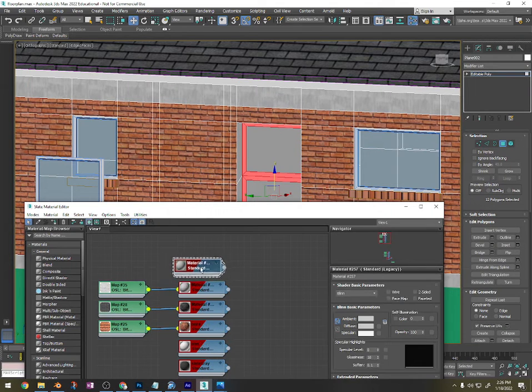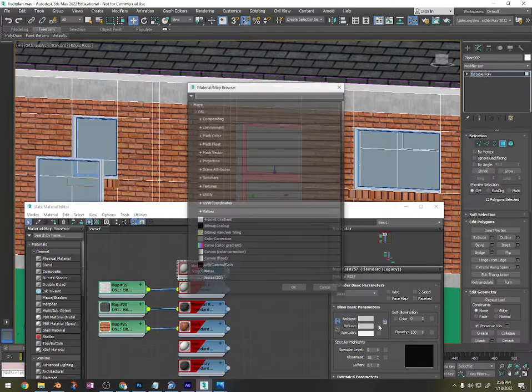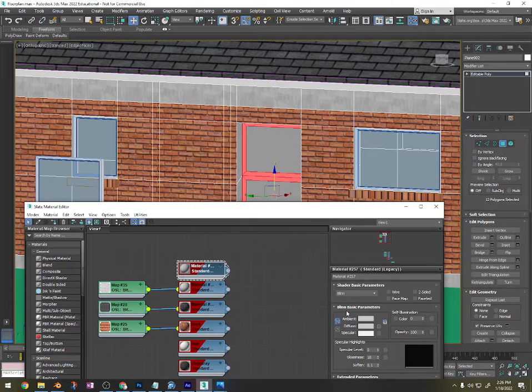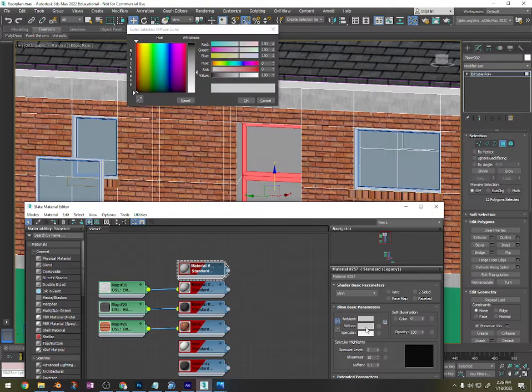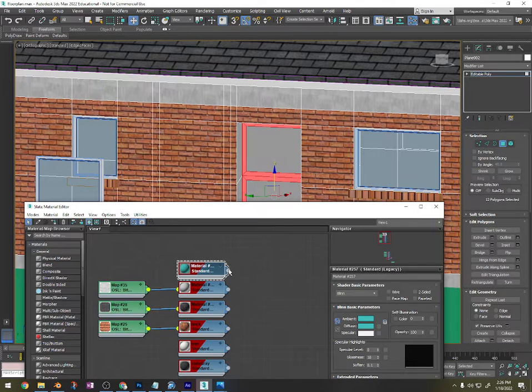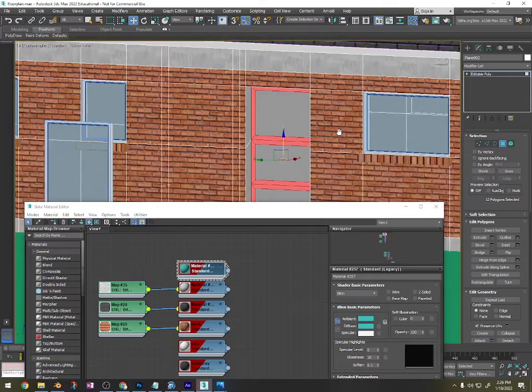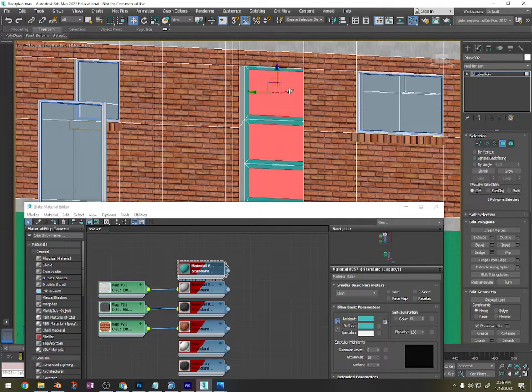Again, this is a good way to get experience, a little practice creating materials, which we'll be doing a lot of. And I'm going to hit the settings box next to the word diffuse. Actually, no, I'm going to hit cancel on that. I'm going to hit the long gray box next to the word diffuse, and I'm going to choose kind of from the picture a tealish color, although it's probably very hideous. I'm going to apply it there, and now what I'm going to do is select the polygons in the middle,